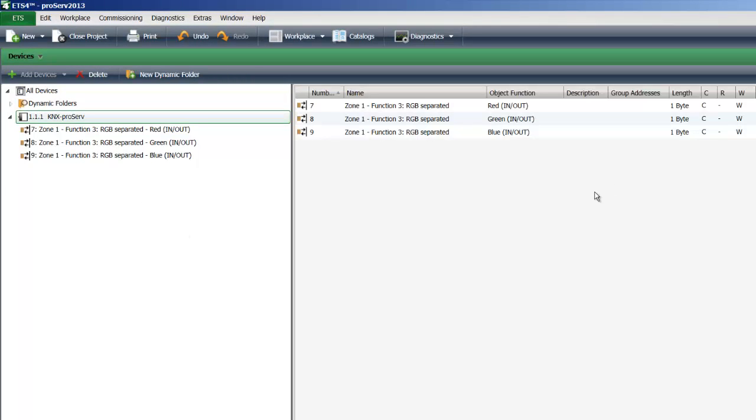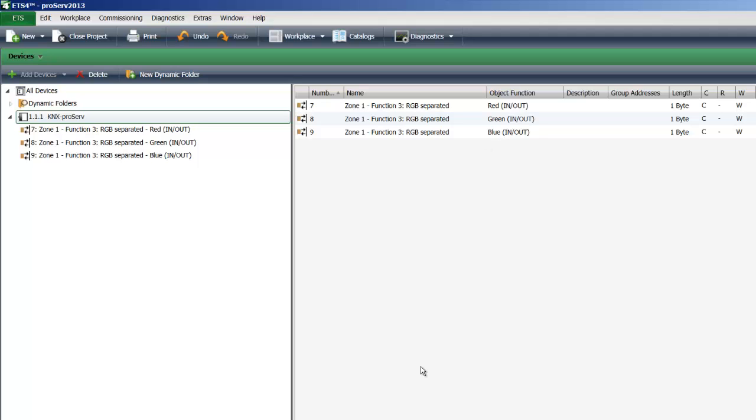Go to group objects, you can see they're all 1 byte in length, and they are so-called combined communication objects, so they would require you to drag the sending group address first and then the receiving group address with the return information second to this communication object for red, to this for green, and to this for blue, in order to get the feedback information displayed as well. You'll then have a little pop-up in our app where you have a color wheel so you can select any